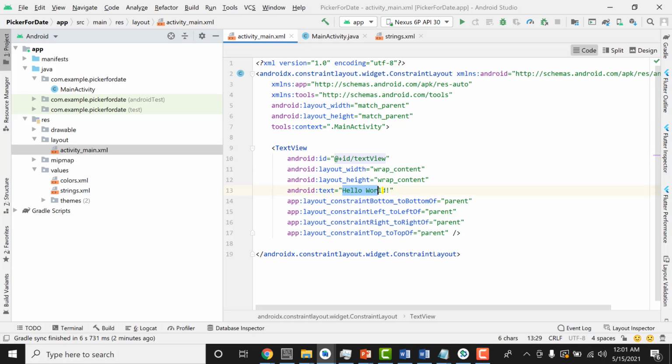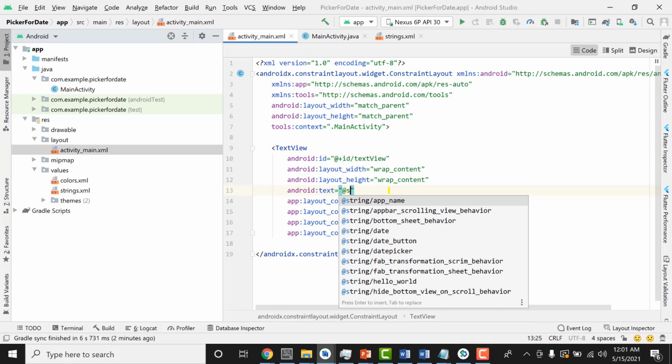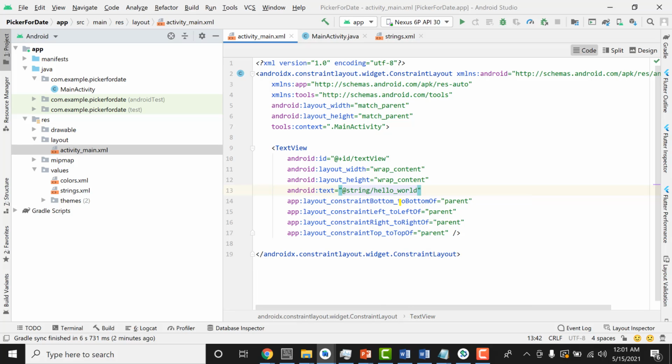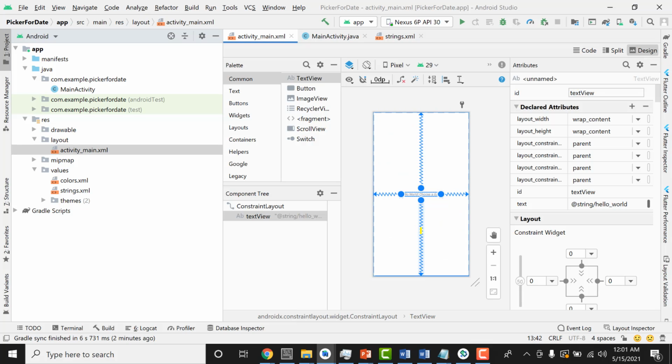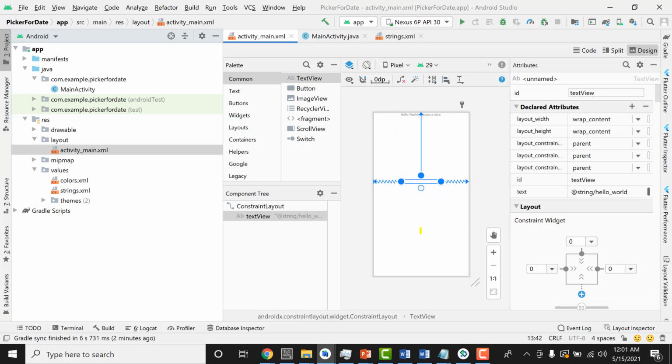The text is in fact defined in the string file, so @string/hello_world. Yeah, that is okay. And then I can go to the design mode, delete this constraint, bring it back in the middle,